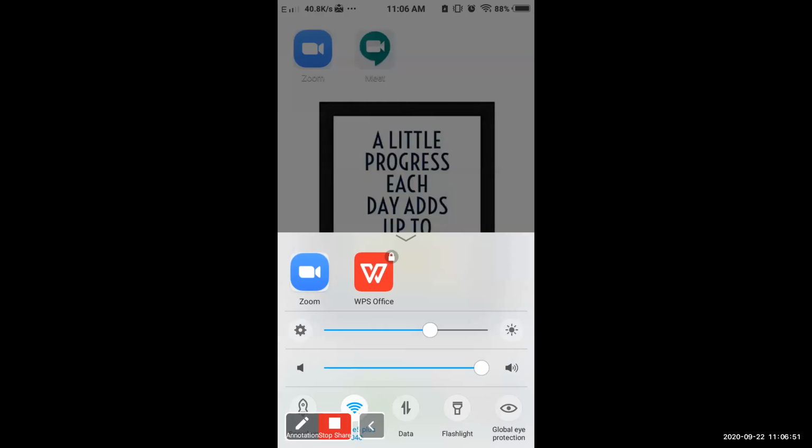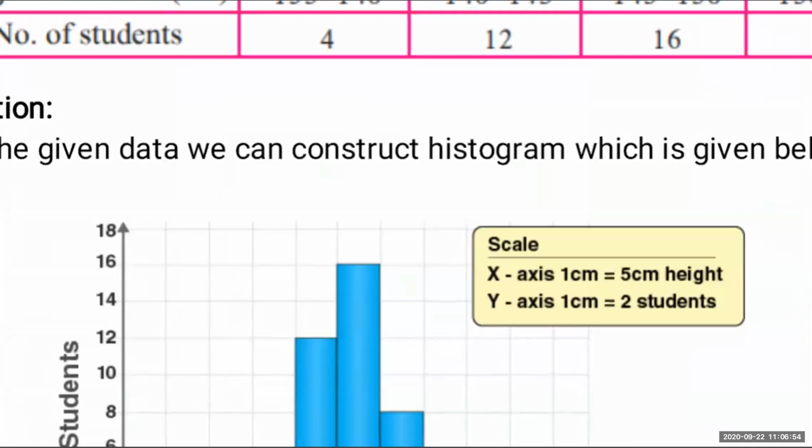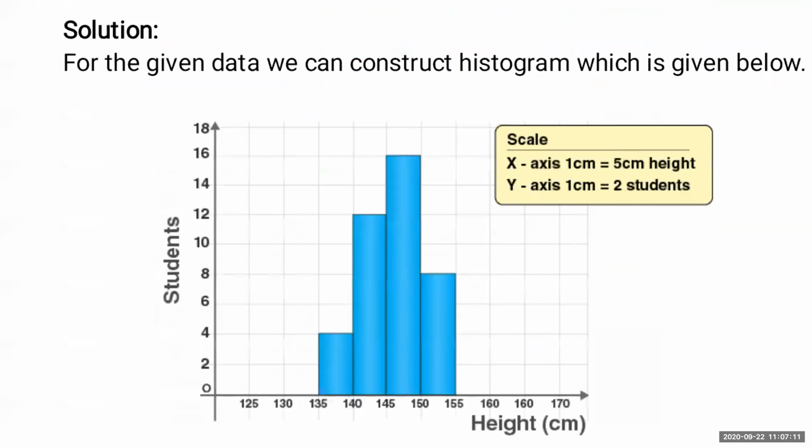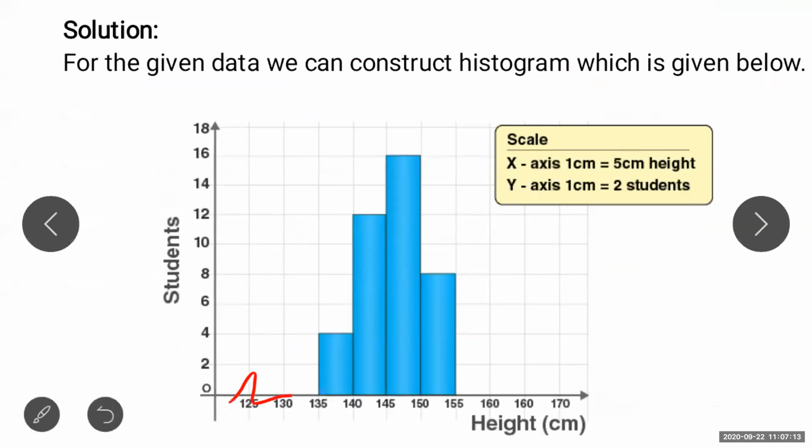You can see here from 0 to 5, 5 to 10, 10 to 15, we cannot draw up to 135, correct? So we can give a crink mark there. I have not drawn the crink mark. I want to show that we can draw a crink mark like this. Okay? We can draw a crink mark between them. Now you understood where we have to draw the crink mark?